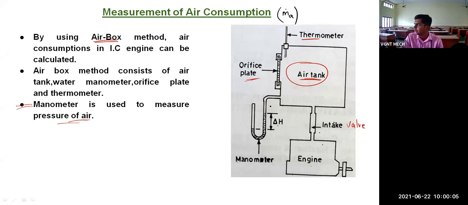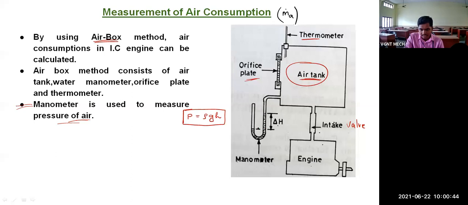In fluid mechanics, unit 1, I think you have already studied this manometer. How to measure the pressure using a manometer? The pressure value is rho into g into H. What is this rho? Rho is the density of the air present inside this tank. Small g is the acceleration due to gravity. And what is this H? This H is the manometer difference, the water difference.